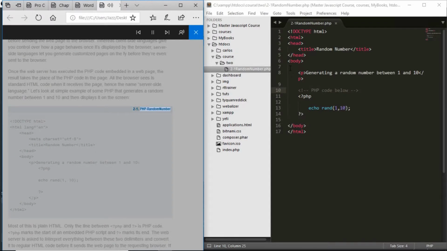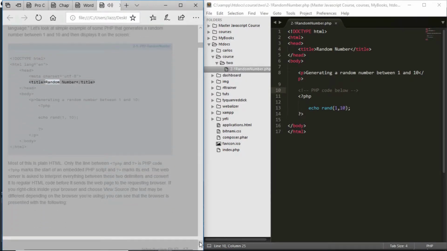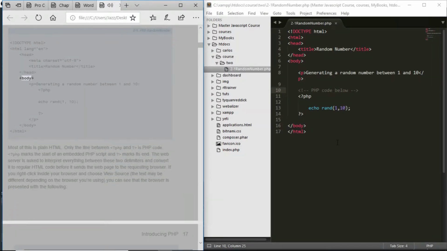<?php randomnumber.php ?> <!DOCTYPE html> <html lang="en"> <head> <meta charset="utf-8"> <title>Random Number</title> </head> <body> <p>Generating a random number between 1 and 10: <?php echo rand(1, 10); ?></p> </body> </html>